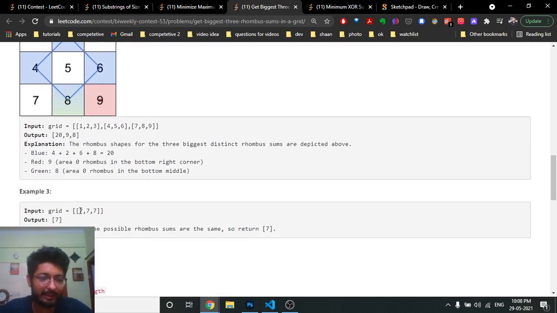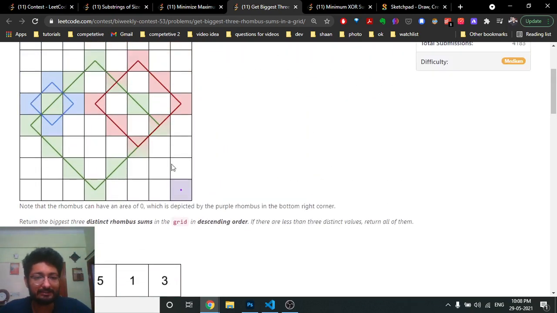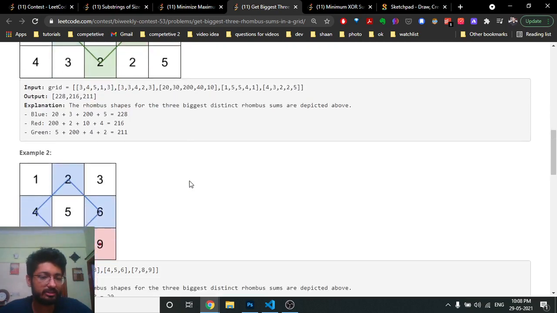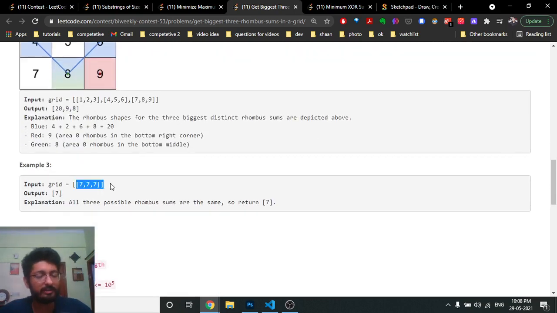As you can see in this, all three possible rhombus sums are the same. Also, a single dot is a rhombus. In this last example, there are three rhombuses of size, you can assume, side length 0 or 1. In that case, the three rhombuses are the same, the total is equal to 7 only. So the distinct count is only 1.